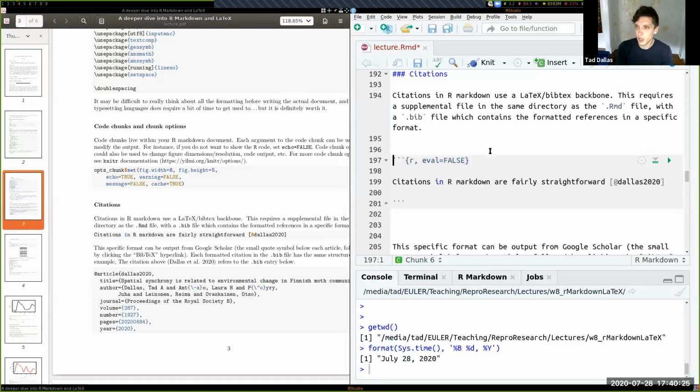And so here I set a code chunk where I say citations in Markdown or R Markdown are relatively straightforward. And then here's the structure of the syntax. It's an open square bracket, the at sign, and then that key. And so what this looks like in terms of BibTeX code, because R Markdown is going to pull from